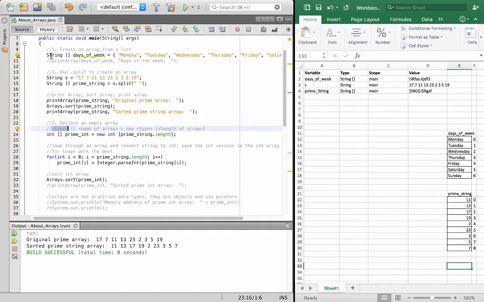We've already kind of seen that. You're going to have the type of the array that you want to create. You're going to have the single brackets. You're going to have the name of the array. You're going to use the keyword new. Then you're going to specify the data type again. And then you're going to have an open bracket and a closed bracket. And inside that open and closed bracket, you're going to put a number, an integer, that specifies the length of